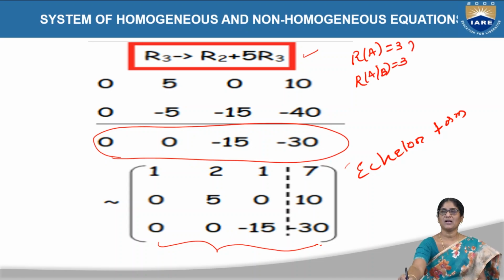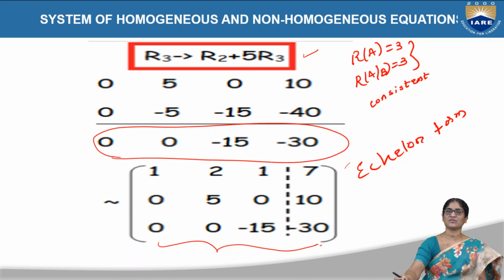As both are equal, as I have said before, the system should be consistent. That means the system has some solution. So if we are declaring that it is consistent, we need to find the solution. Suppose you are getting inconsistent, there is no need to find the solution, right? That means the system doesn't hold any common solution. Now here we have got consistent, so we'll go and find the values of the variables which satisfy all